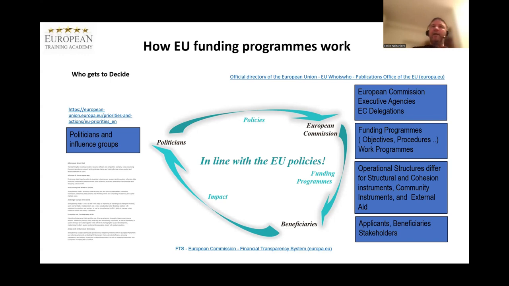The other set of instruments are EU funding programs. They are not obligatory. The European Commission essentially creates a funding scheme, an instrument to cover certain policy areas, and then enables large sums of money for you to apply to essentially